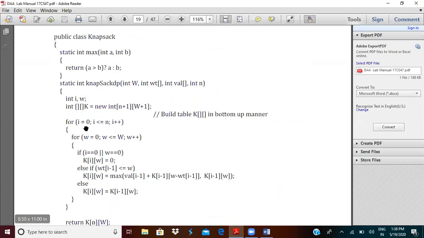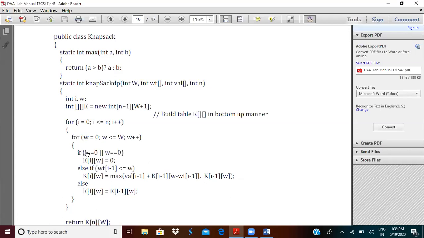Like this, we take the value of i as 0 and we compute the values for w from 0 to 5. Then we take 1, again 0 to 5, we take 2, 0 to 5, under 3 we take 0 to 5, and under 4, since 4 is less than or equal to 4, the condition is true. So under 4 we take 0 to 5 and we compute these values.